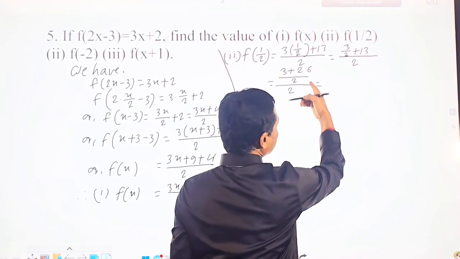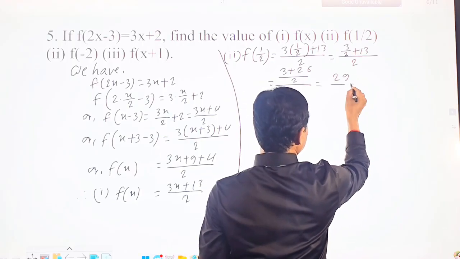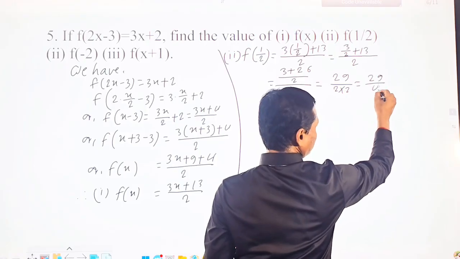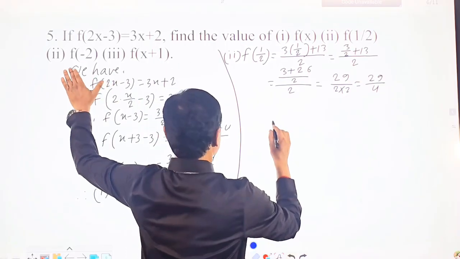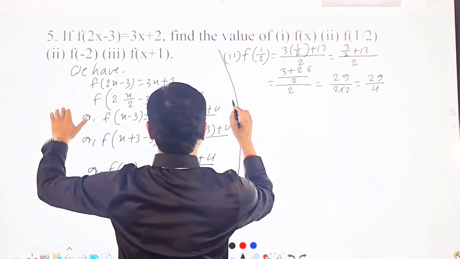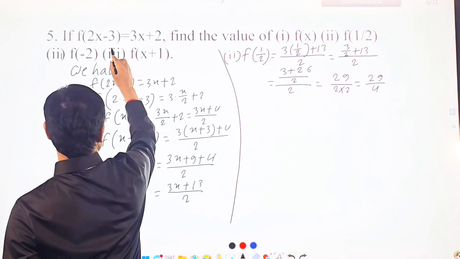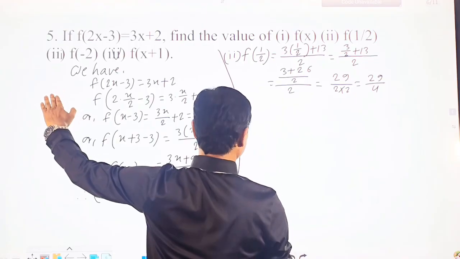And this gives us 26 plus 3 is equal to 29, and you can write here 2 into 2, and that gives us 29/4. Hope you are understanding. Now the third one is now